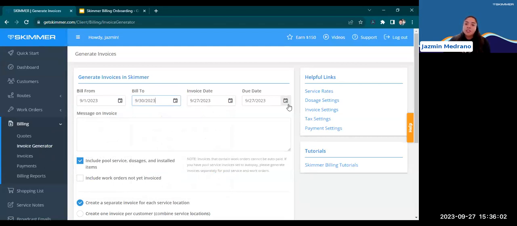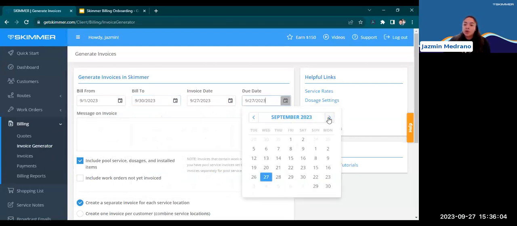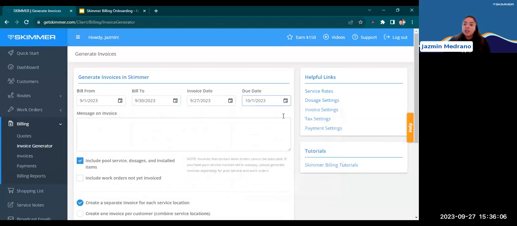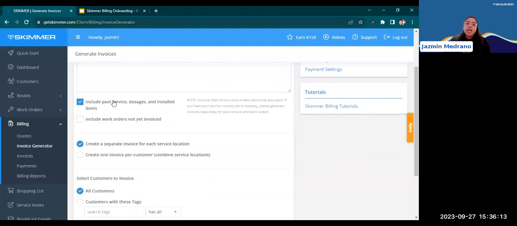I'm going to do my invoice date and my due date. I'm going to set that to October 1st. You can set this up however you'd like. If I wanted to put a message on the invoice, I could put that here. And then it's going to ask if I want to include pool service dosages and installed items, and if I want to do the work orders together. Okay, so I want to do for my pool service and for any work orders that I did throughout the